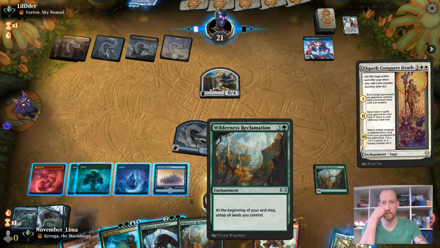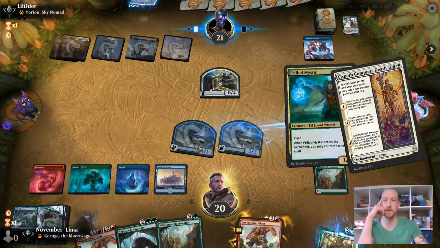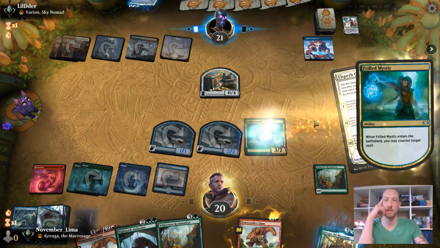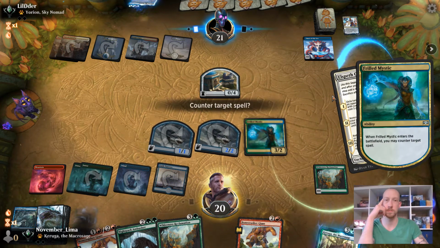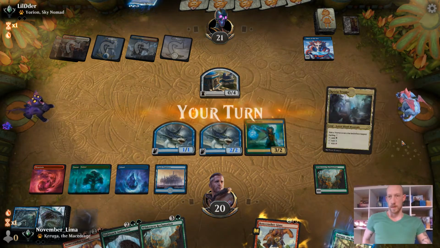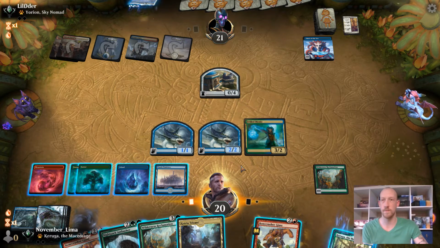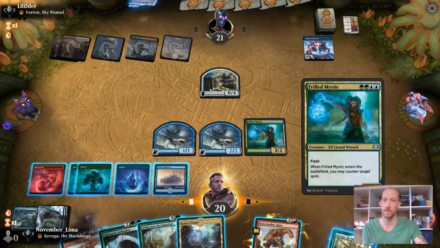So he's going to take the Wilderness Reclamation, but I don't really have a way to deal with it. I think I have to Frilled Mystic here. Yeah, let's go ahead and Frill. Yeah, yep. I think that's good. I think that's what I have to do. I kind of said that I won't have a counter for... Well, I've got 1, 2...